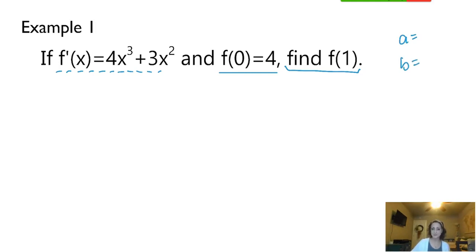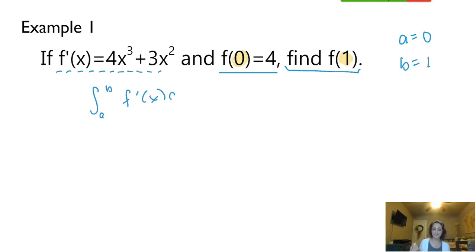Works best if you let A be your smaller x value. So look at your two x's. You've got 0 and 1, so what do you want A to be? A is going to be 0, B will be 1, right? And so remember, don't write this yet, we know that